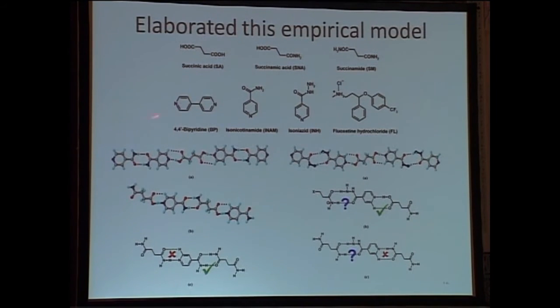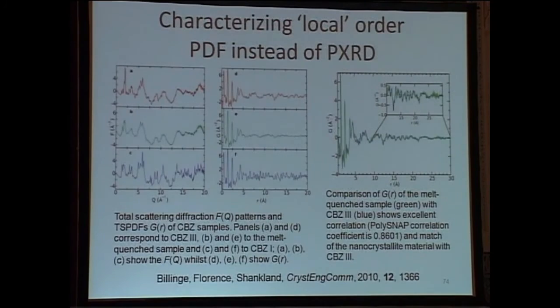If you go even weaker by looking at bipyridine as a partner, where the interactions become even weaker because it lacks a strong hydrogen bonding functional group, the first combination with succinic acid gave a co-crystal, whereas the second and third became physical mixtures because the interactions were not sufficiently strong to hold the structures together. So while the model is empirical, it does tend to teach you some lessons as to how to make combinations and why one would expect a co-crystal in one case and a eutectic or a physical mix in the other.